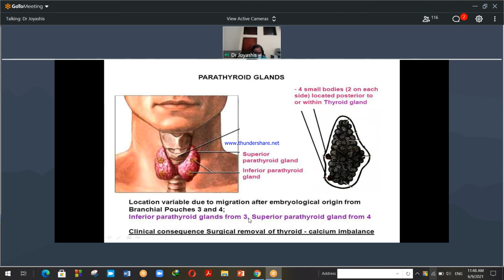From 3rd pharyngeal pouch the inferior parathyroid glands appear, and from 4th pharyngeal pouch superior parathyroid gland appear. Clinical consequence হচ্ছে সার্জিক্যাল রিমুভ, থাইরয়েডের কোন অপারেশনের সময় এটা সার্জিক্যালি রিমুভ হয়ে যেতে পারে। যদি এটাকে আইডেন্টিফাই করতে ভুল হয়, সেক্ষেত্রে প্যারাথাইরয়েড রিমুভ হয়ে যেতে পারে থাইরয়েডের সাথে। সেক্ষেত্রে ক্যালসিয়াম ইমব্যালেন্স, যেহেতু প্যারাফলিকুলার সেলস বা সি সেলস থেকে ক্যালসিটোনিন রিলিজ হয়, যেটা আমাদের ক্যালসিয়াম ব্যালেন্স বডিতে মেনটেন করে। প্যারাফলিকুলার সেল বা প্যারাথাইরয়েড গ্ল্যান্ড যদি রিমুভ হয়ে যায় ক্যালসিয়াম ইমব্যালেন্স দেখা দেয়। আর তাই খুব সতর্কতার সাথে থাইরয়েড গ্ল্যান্ডের অপারেশনটা করতে হয়।